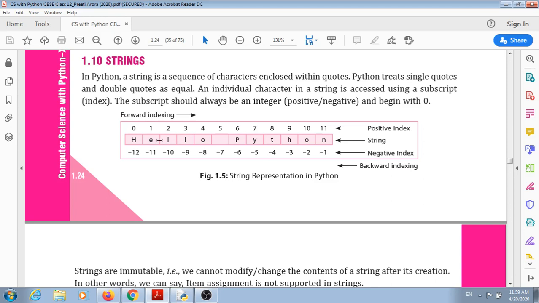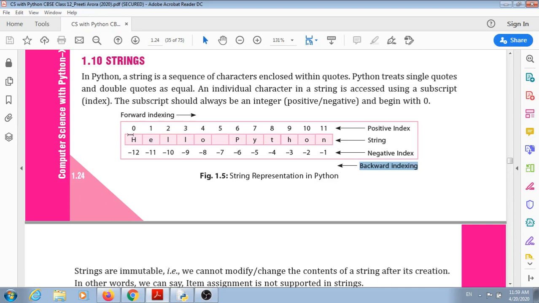So here is the example of strings. You can see the indexing is of two types. The first one is forward indexing and another one is backward indexing. So in forward indexing the sequence will be like that: the first character in a string will be the 0th character, then first character, second character, third character, and so on.